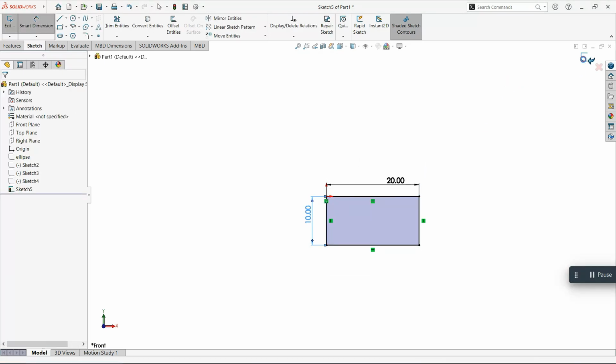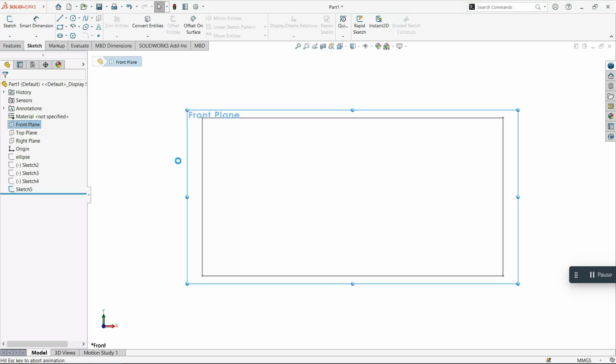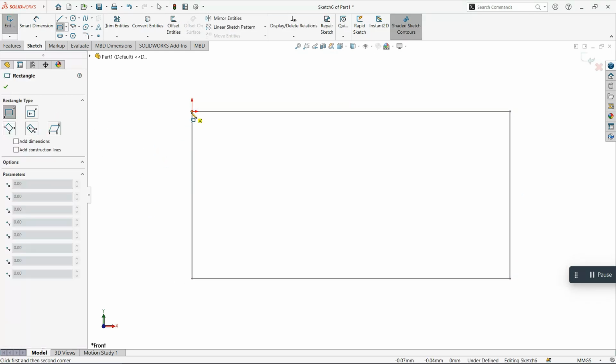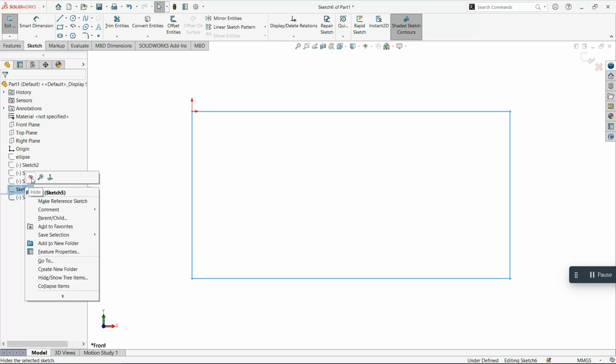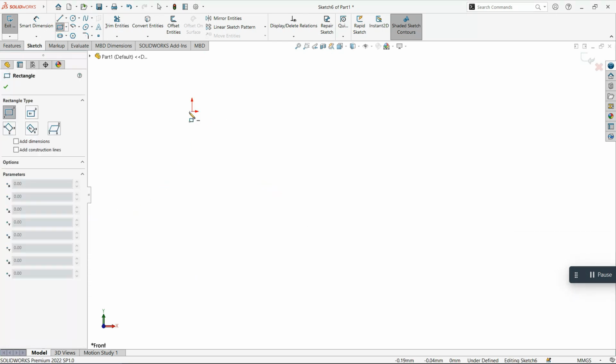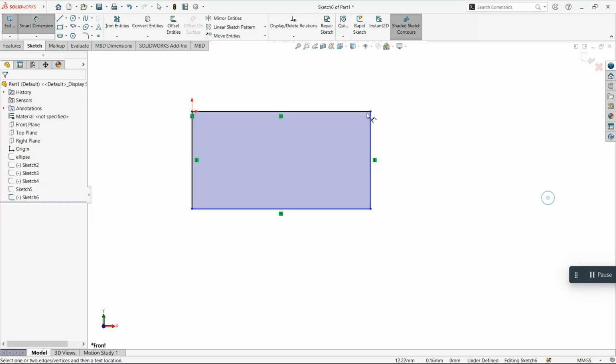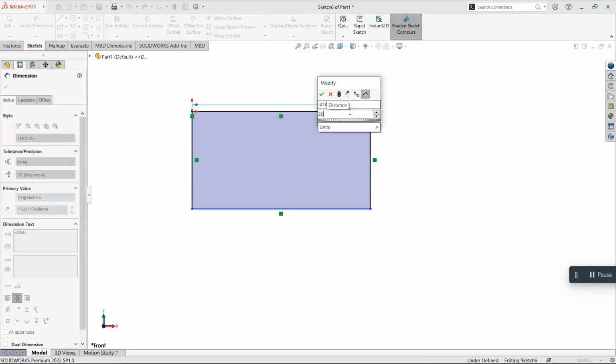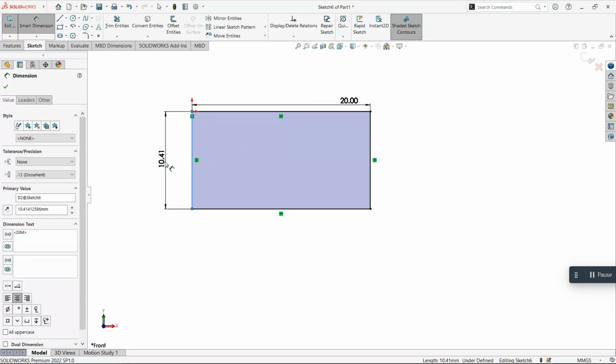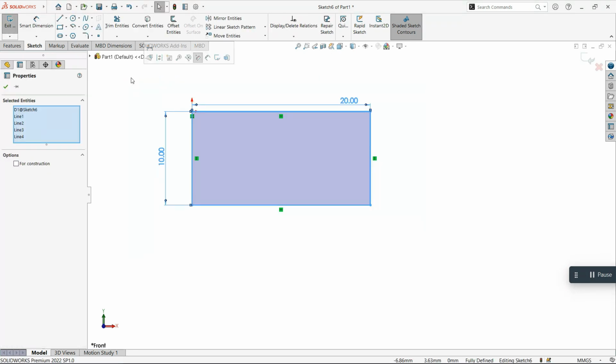Okay, now I exit the sketch, I again click on front plane, I again want to make the rectangle, and I have hidden the sketch. I will click again here, and here I will select 20, I will select 10. Now we have two same rectangles, but the easier way to do so is